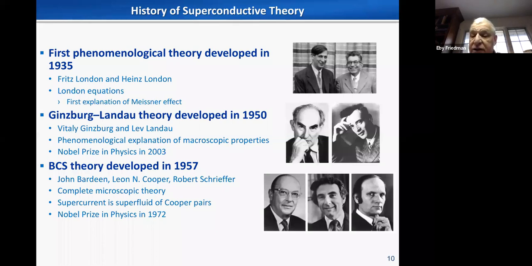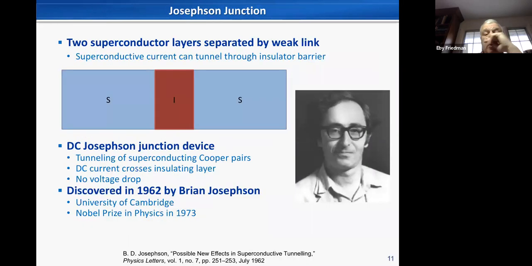So the current isn't a charge, it's pairs of Cooper pairs, which is quite interesting. And by the way, just as a little side comment, Bardeen also won a Nobel with Shockley for the transistor. So he was quite an important, prolific, and capable person. Okay, so along comes Brian Josephson, and he basically invented the Josephson junction, which is a very important